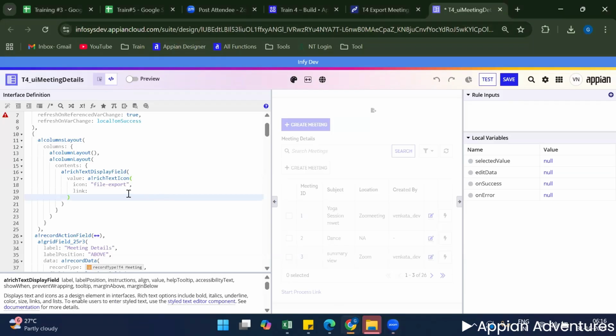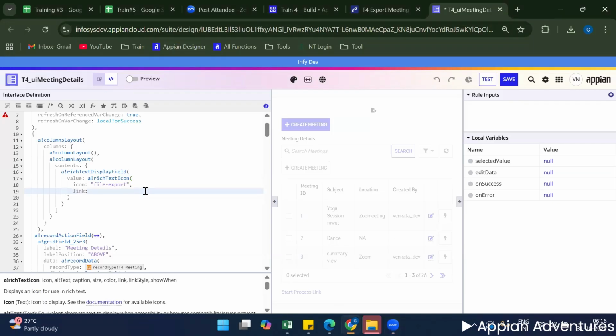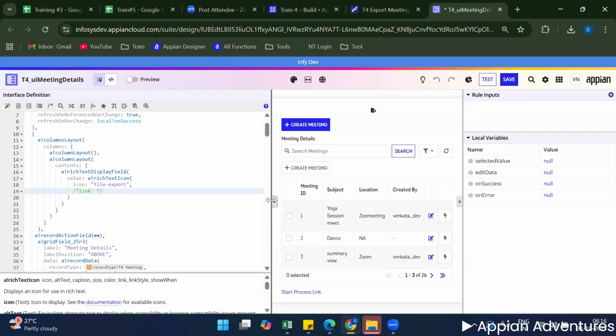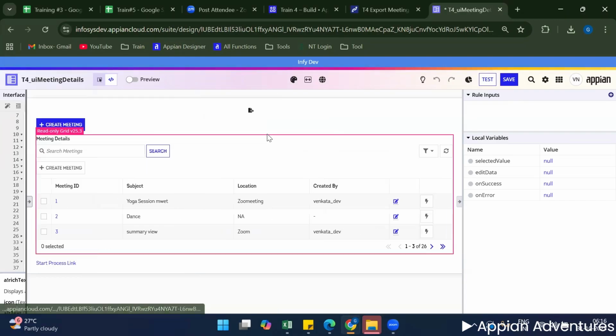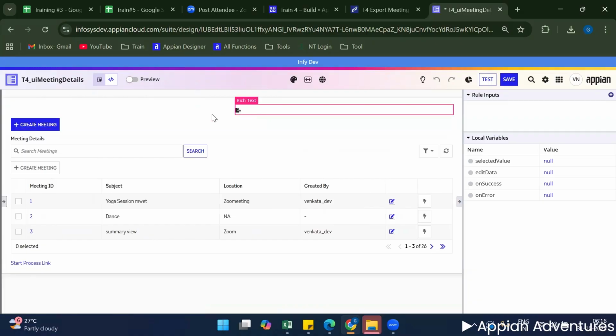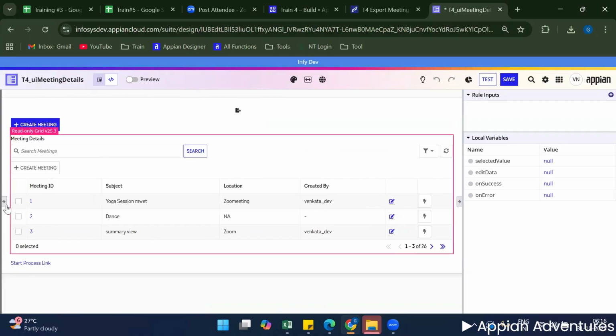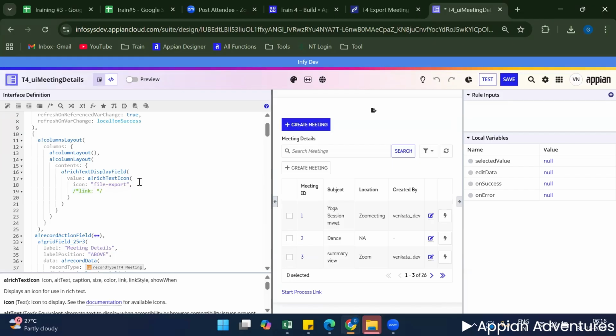So here we need to trigger the process, right? For triggering the process, I'm providing the link here. Why? Because when the user clicks on this export, we need to trigger the process, generate the document and fetch the document into the UI. See here, you can see the export icon is there, right? So we will make this look more efficient,